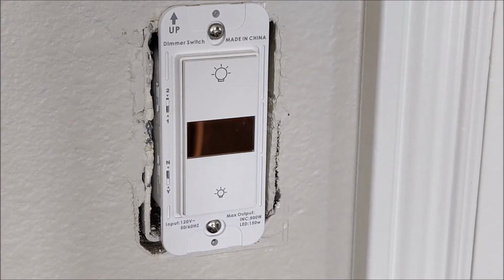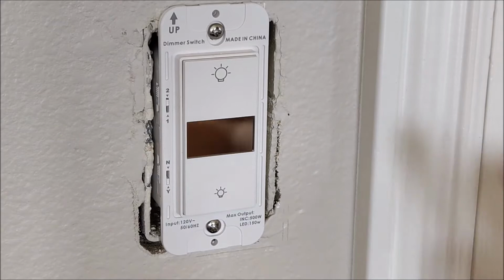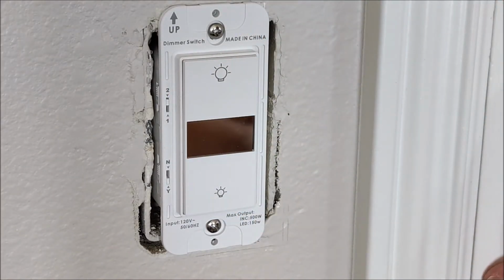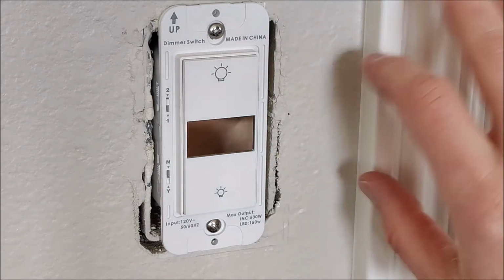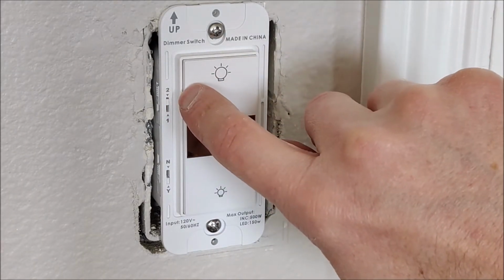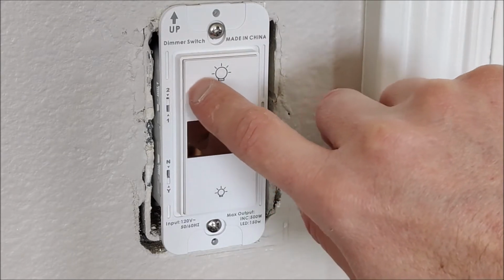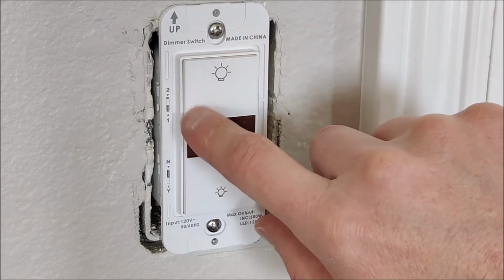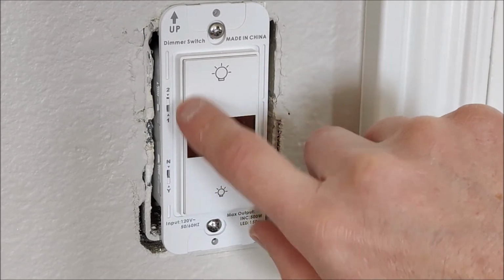All right, so real quick, I wanted to point one thing out. If you'll notice right here where it has the 2 and the 1, those are the different brightness settings. So if you want it to be able to go up to the highest possible brightness, you want to put it on level 2. But if you think that that brightness is too high, you can adjust it down to level 1, which then makes it so the brightest bright is not quite as bright as what it would be